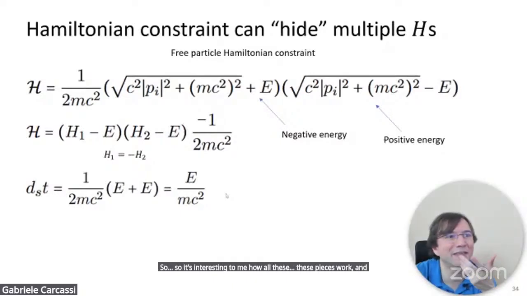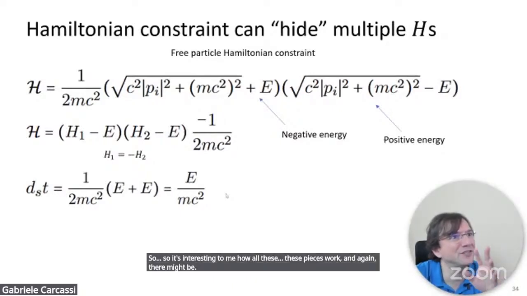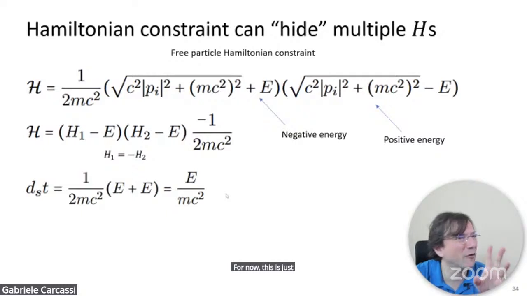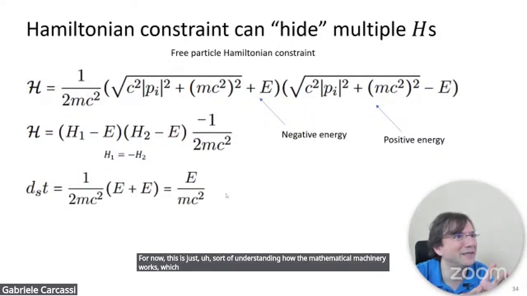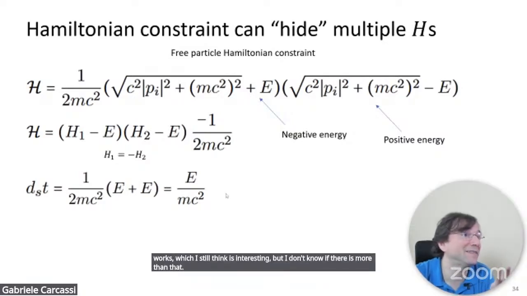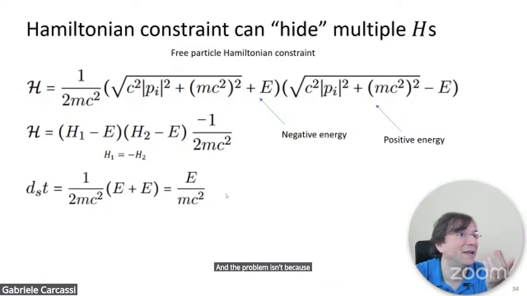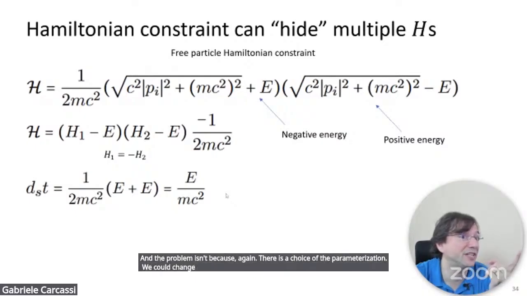And again, for now, this is just sort of understanding how the mathematical machinery works, which I still think is interesting, but I don't know if there is more than that. And there probably isn't because, again, there is a choice of the parametrization. We could change the parametrization and change the Hamiltonian, and then the Hamiltonian constraint would be different. So